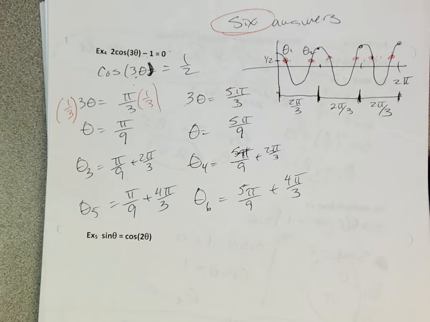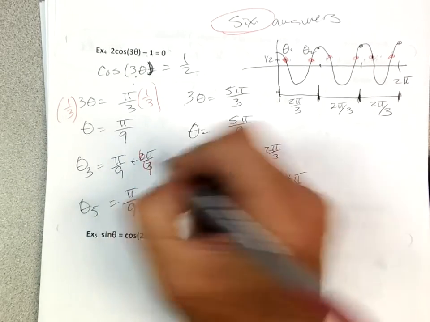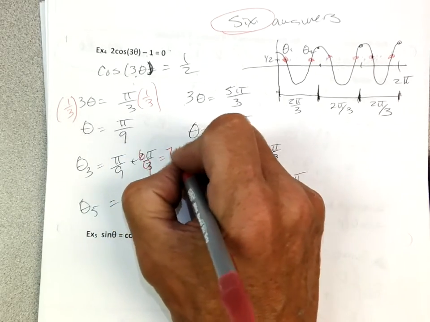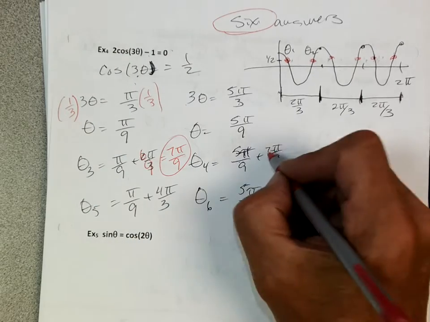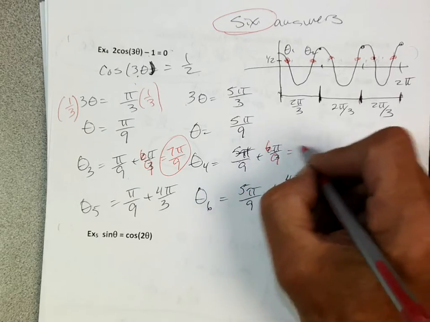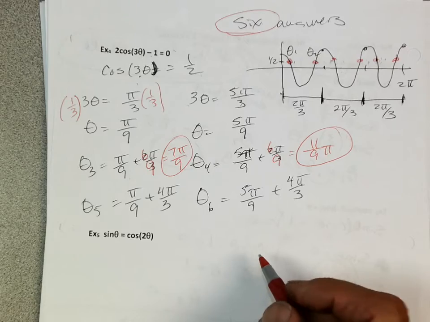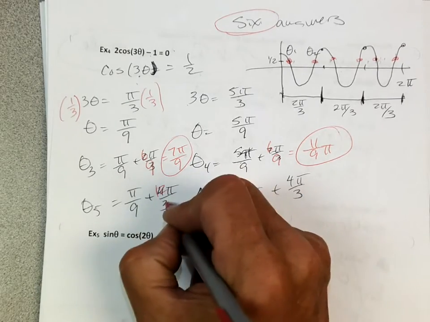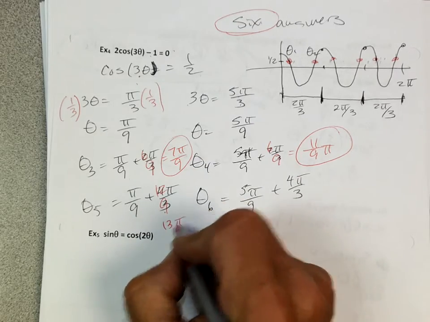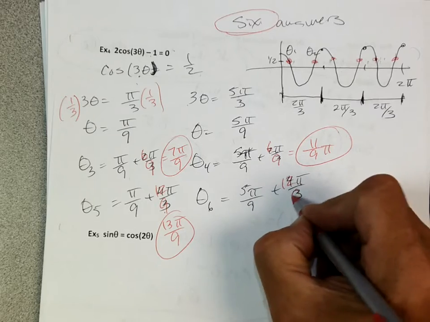Somebody do fractions. Hallelujah. So another answer would be, say, wait a minute. If I wanted to add, this is the same thing as 6 ninths. Could we just leave it as the first? You can. I like that better. Okay. 6 ninths. So this would be 11 ninths pi. Right. Multiply by 3, so it would be 12 ninths. So this would be 13 pi ninths. Multiply by 3 and 3, so I get another 12 ninths. This would be a